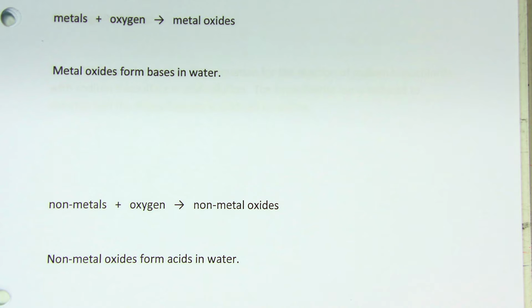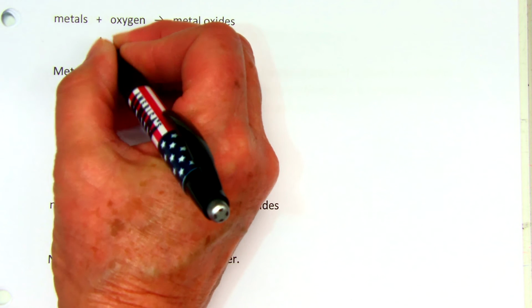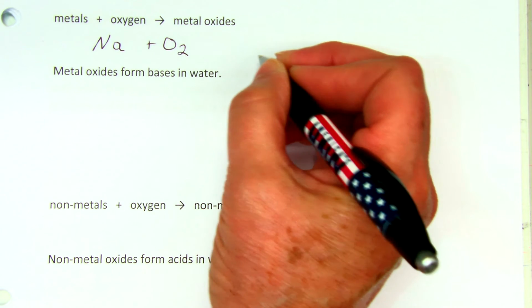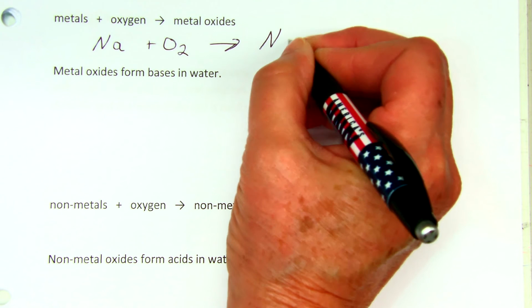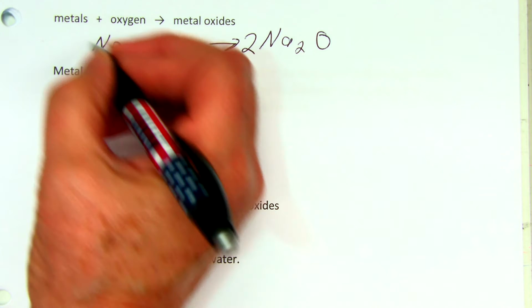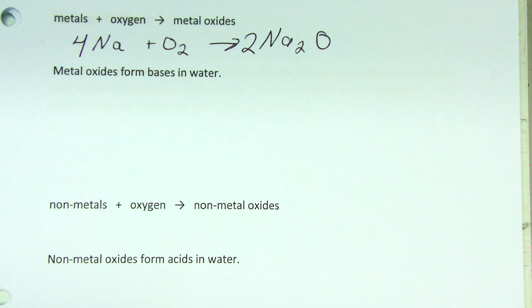So the last type of redox chemistry that we'll mention is the reaction of metals with oxygen to make metal oxides. These are combination reactions where we're making new things. An example would be sodium metal reacting with oxygen to produce sodium oxide. Now again, we have to balance this equation, so we need 4 sodiums plus 1 oxygen makes 2 sodium